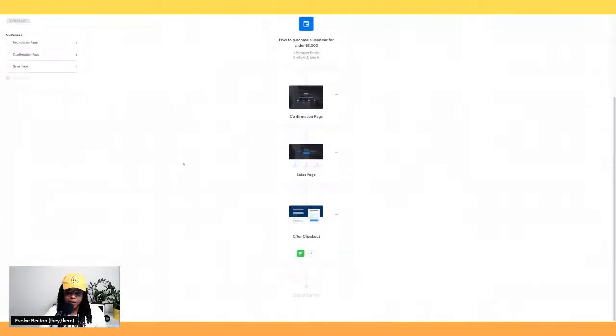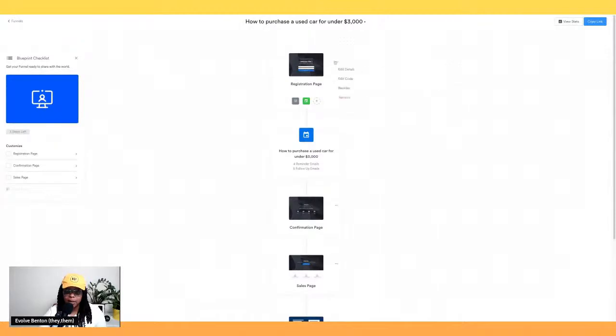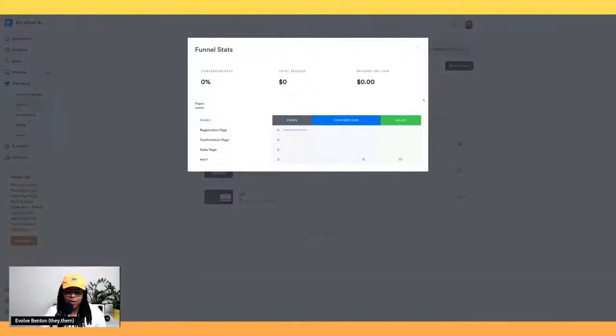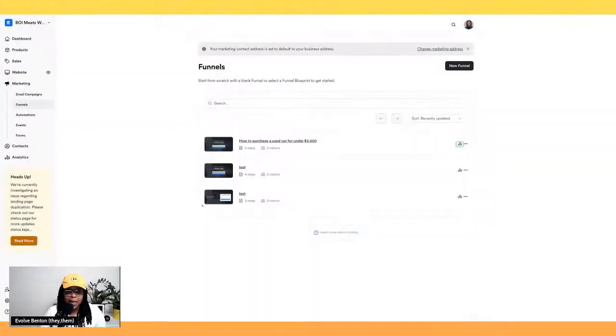Now I'm going to have to ask my expertise. Let me see. Maybe it's here. Nope. I know there's a way that we can duplicate a funnel. It's just not working for me today. So anyways, I'm not sure how to show you how to do this right now, but I know there's a way in the back end that we can duplicate a funnel. I probably have to ask our customer service folks on how to do that. But anyways, you can duplicate it, or you can go in and copy and paste it and create the whole